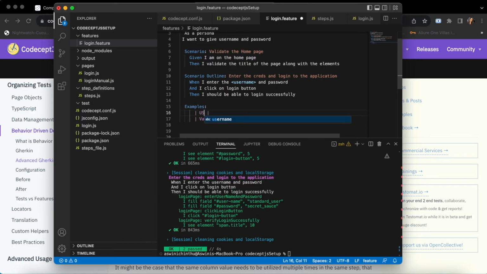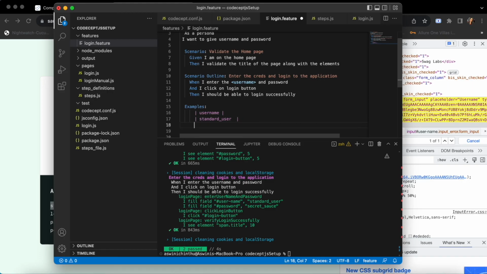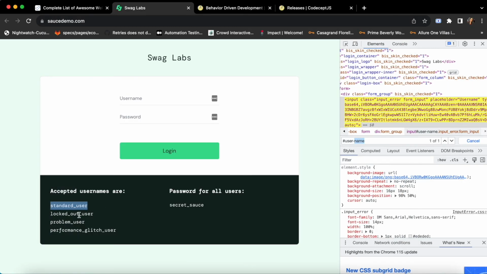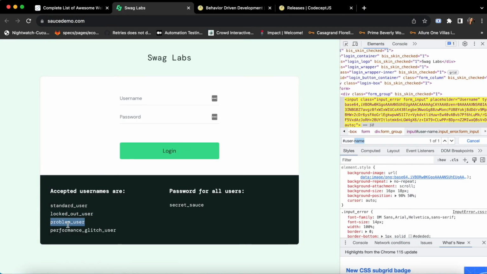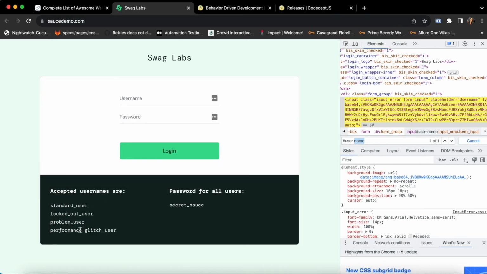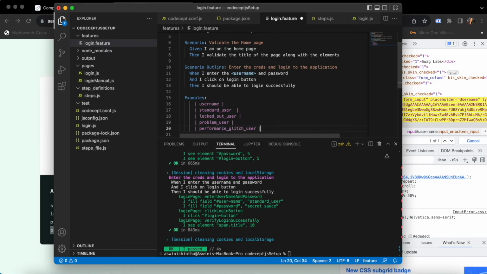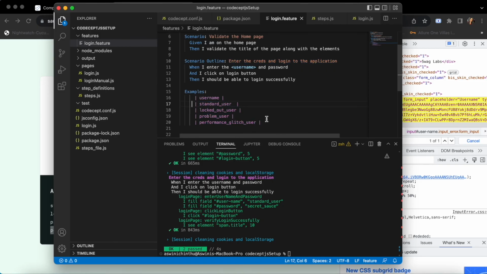So here I'm going to use this username and whatever they have given here. They are telling standard user, and then locked out user, and then problem user, and then performance glitch user. Okay, and for all these the password is the same. So what we are doing is executing this scenario 4 times with the multiple test data. Of course, if we want to do this, then we need to make some changes